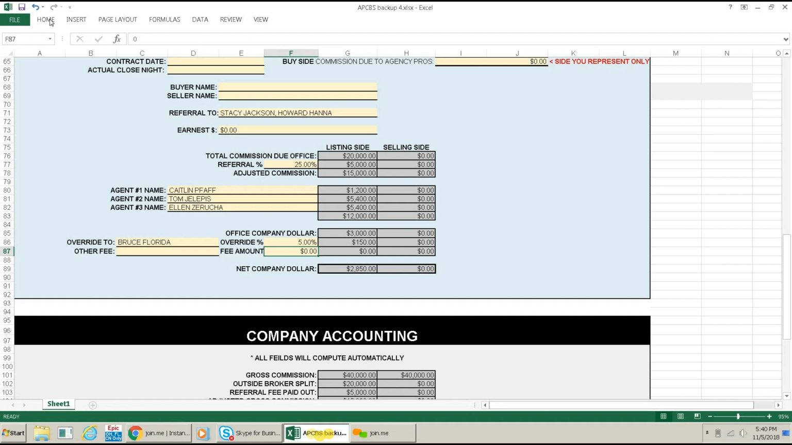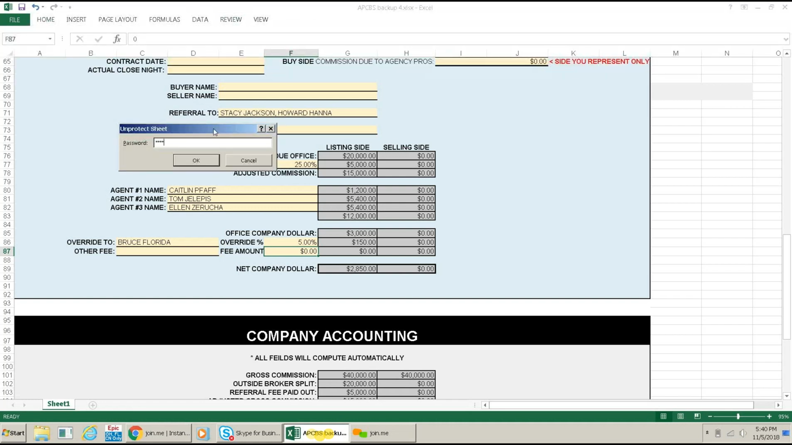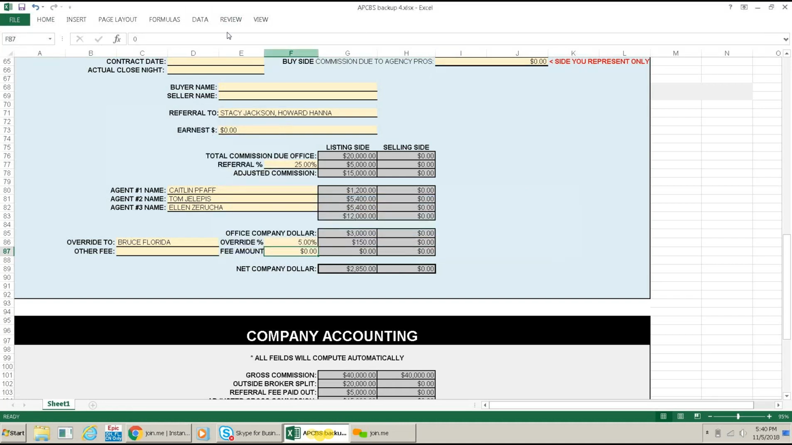Now, I have a question for you guys. Let's see, review on Protect Sheet Pros 2018. Oops, my caps lock is on. On Protect Sheet, lowercase, Pros 2018. So for this,